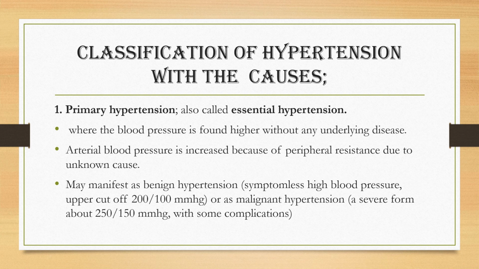and somebody can go to a hospital without any symptom, but on a checkup they find the blood pressure is high. The other one is malignant hypertension, which is a severe form. The blood pressure can go up to 250 out of 150 millimeters of mercury, with complications affecting the eyes, headache, sight blurring, all of those complications